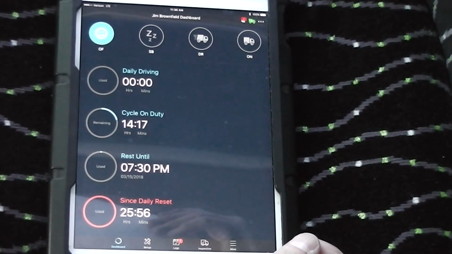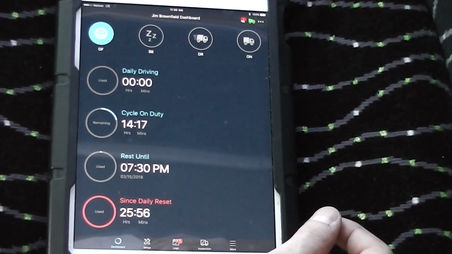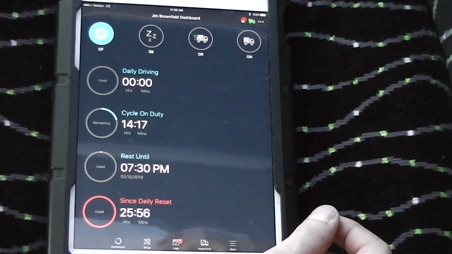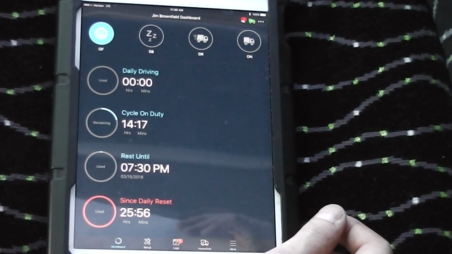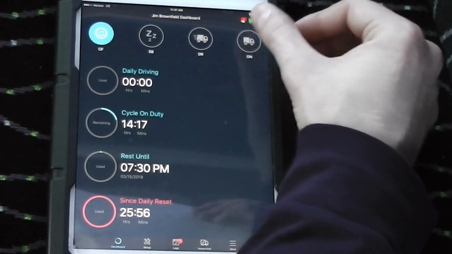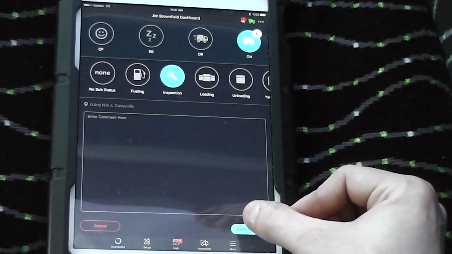Okay, so now you want to talk about the end of the day. Post-trip inspection. Now, say we're done with our trip. We just got back to the lot, and we're going to get ready to get out of the bus. Before we do that, we'll have to do a post-trip inspection to write up anything that was wrong with the bus, any defects. You want to put anything and everything. It could be as simple as the curtains wouldn't go down on the bus. Anything. But to do that, we'll also have to go on duty, because you have to be on duty while you're doing an inspection. So we'll do our inspection, confirm status,